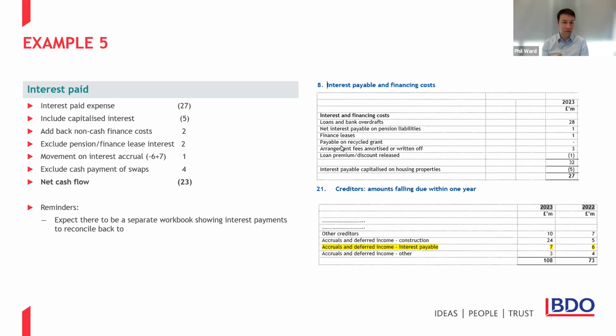Creditors have increased, so I've got more cash, and I've got a 1 positive on the left-hand side in the calculation. And finally, there's a transaction through an analysis to take out the cash flow relating to the payment of any interest rate swaps. So this is a good practice item to make sure that you're providing as much detail as possible to the users of the accounts, and you should be splitting out the cash flows that relate to swaps as opposed to actual bank interest. Both sit in the financing section. If you jump back to the example, you'll see it's just a separate line item there.